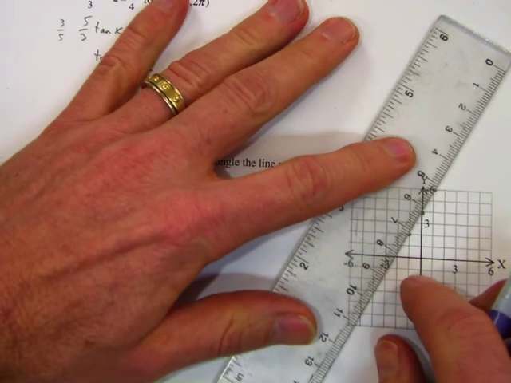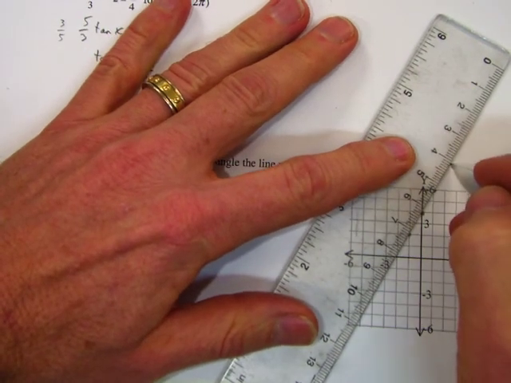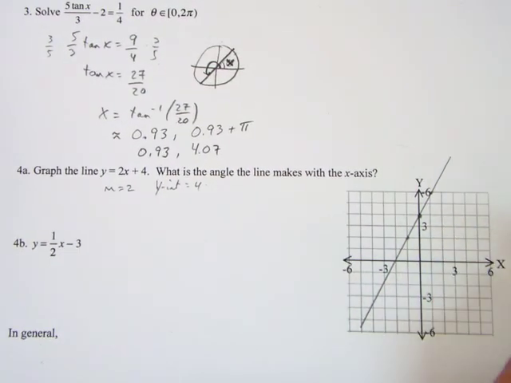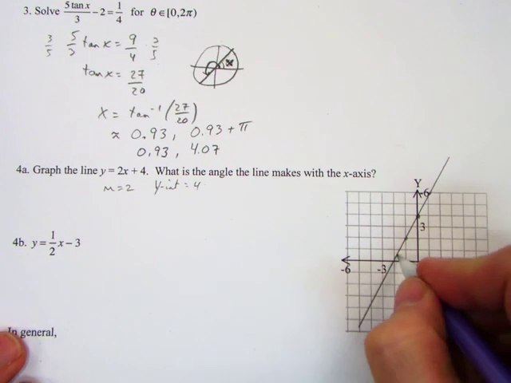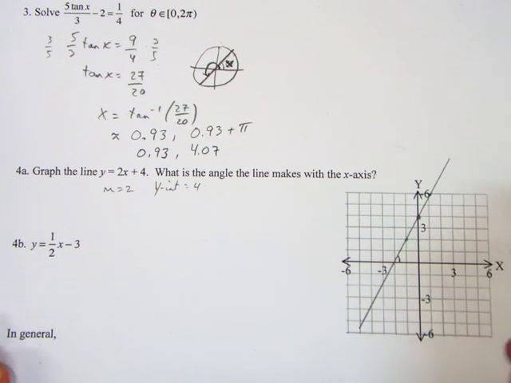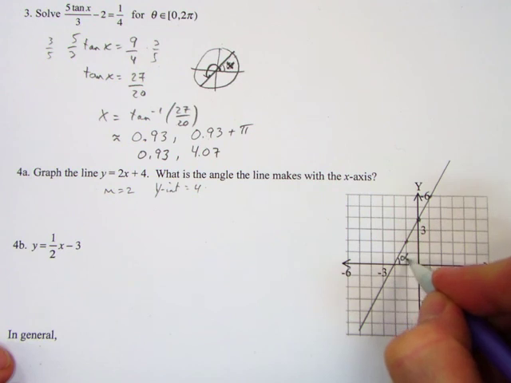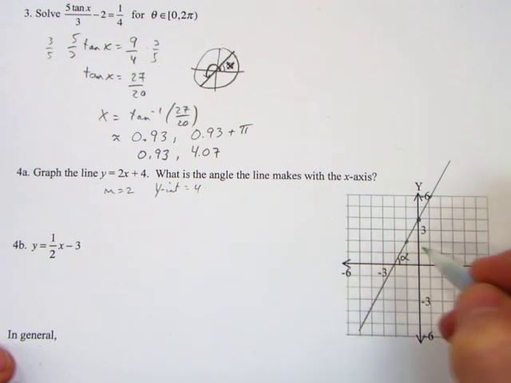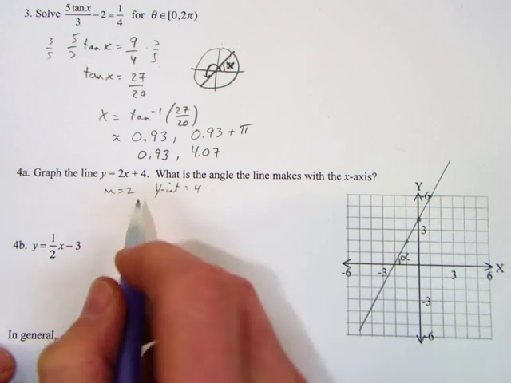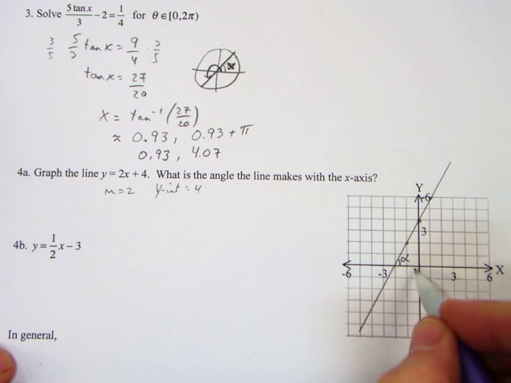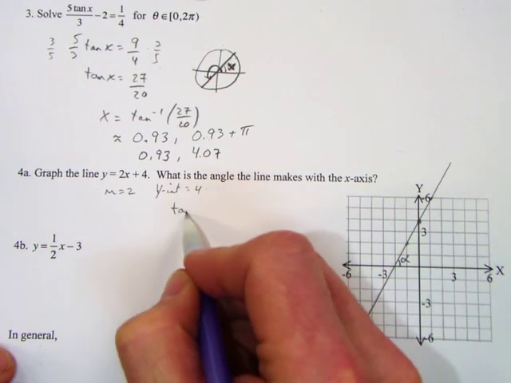Get a ruler. And what I want to do right now is find the angle the line makes with the x-axis. That's this thing. So what do you notice about this? What do you see? What shape do you see here? Because our goal is to find, I'm going to call this angle alpha. I see a triangle. Well, what can I set up for that triangle? I know what this distance is, and I know what this distance is. Tangent of alpha equals,